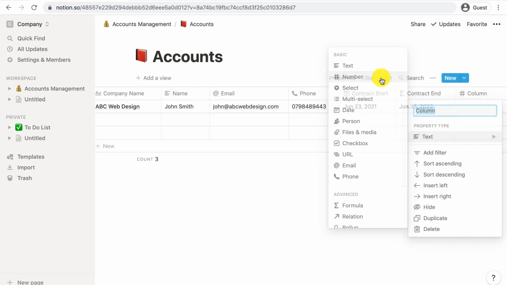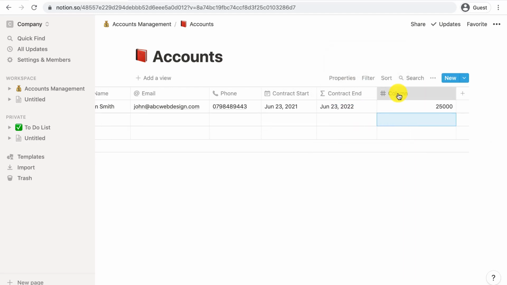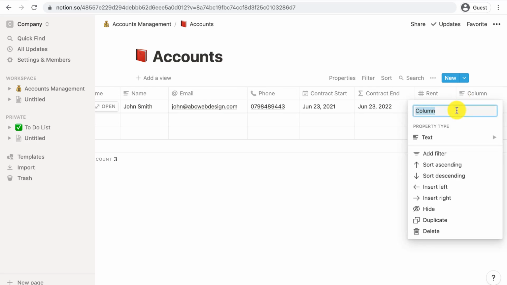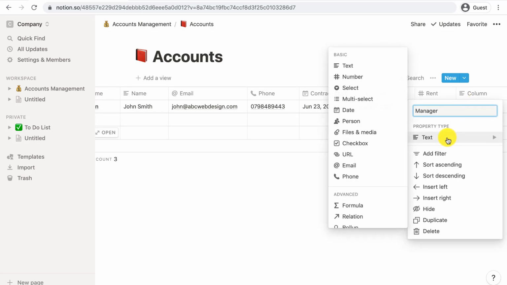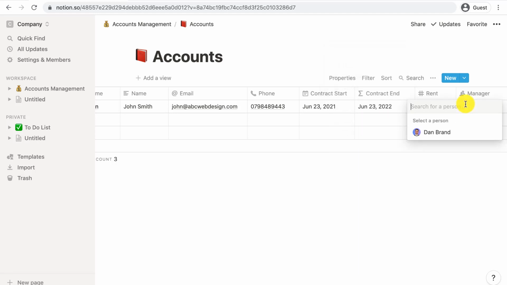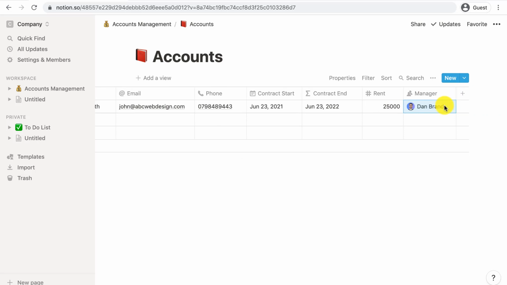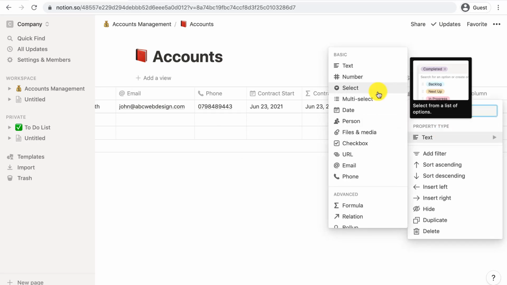Next, I'll add the annual rent the company is paying as a number property. I'll then add the person in my team who is responsible for managing this account with the person property. As it is just me on this Notion account, I will select myself, but if you had other team members, you could select them. And then finally, we can add the status of this account by using the select property,